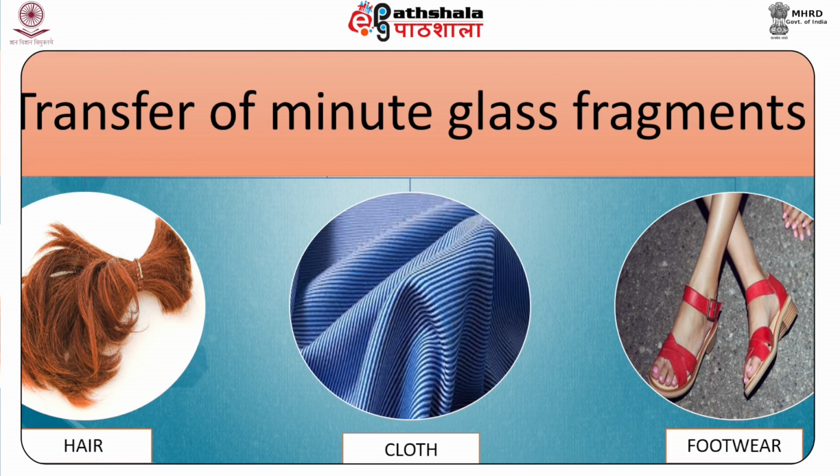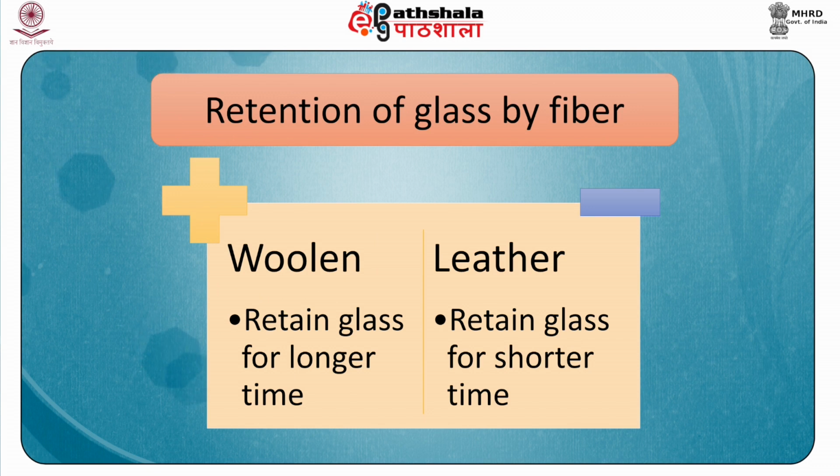Fragments of glass recovered from hair and clothing are generally in the range of 0.25 to 1 millimeter. Most glass is lost fairly rapidly depending on the activity of the wearer and the texture of their clothing. For example, a woolen jumper will tend to retain glass fragments for far longer than a leather jacket, although fragments can be trapped in pockets, in crevices, on the shoe's upper,